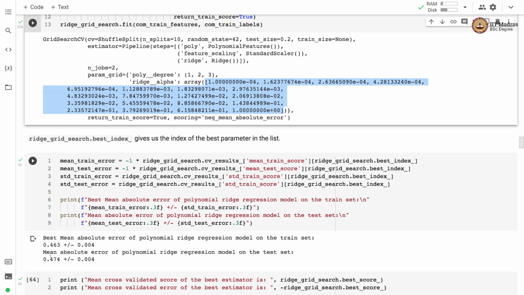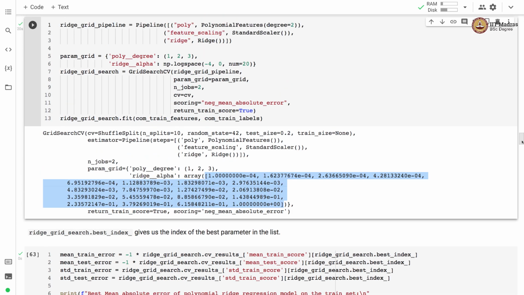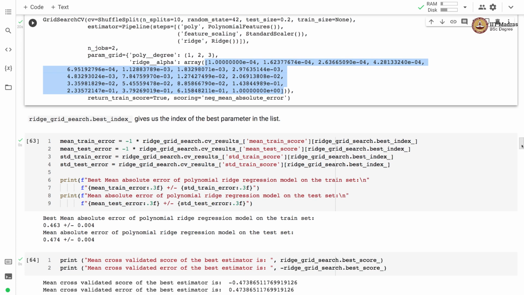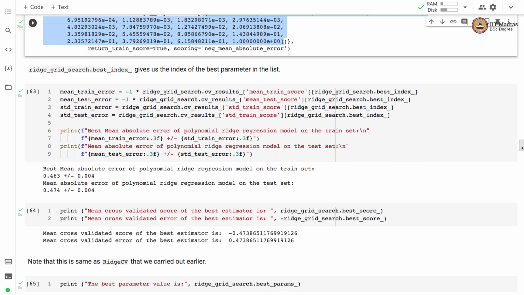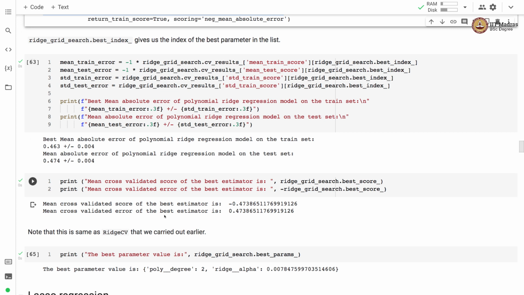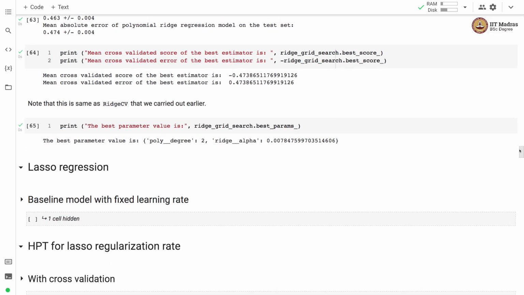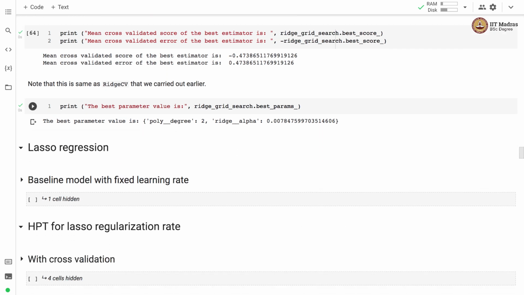Now you can see that these errors are lower than the base ridge regression model that we tried out. So the best error that we obtained is 0.473. And we can also see what are the best parameters. So we found out the polynomial degree of 2 and the value of regularization rate of 0.0078. We obtained the optimal performance on the cross